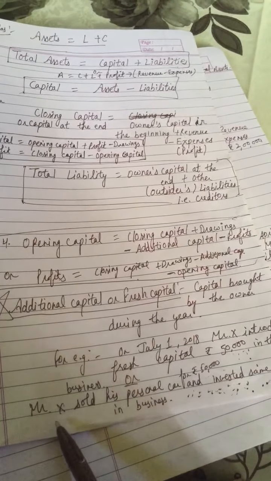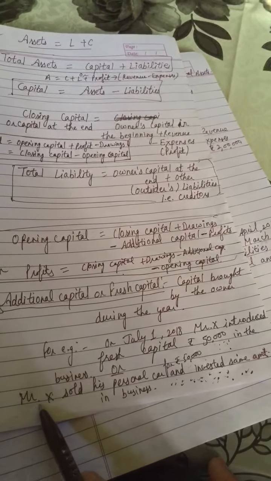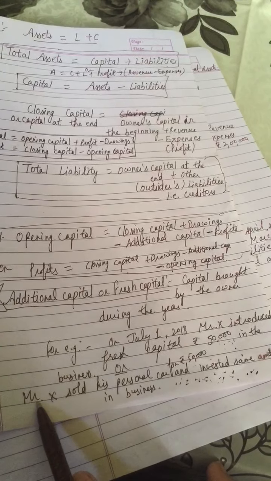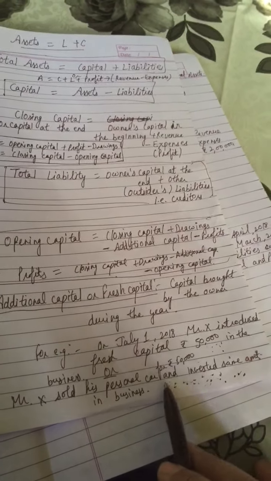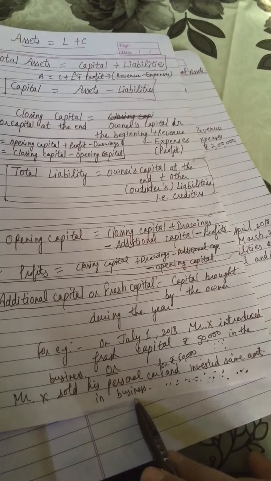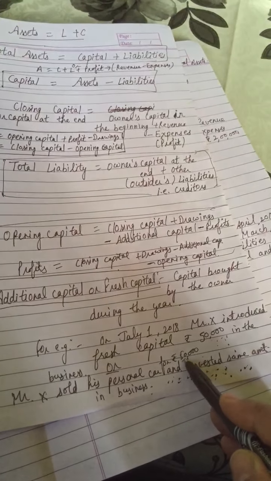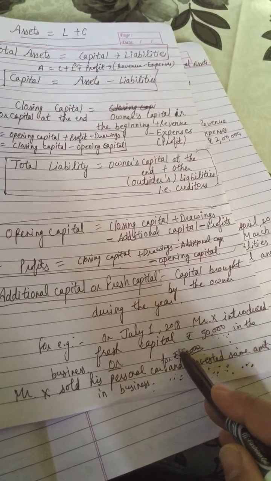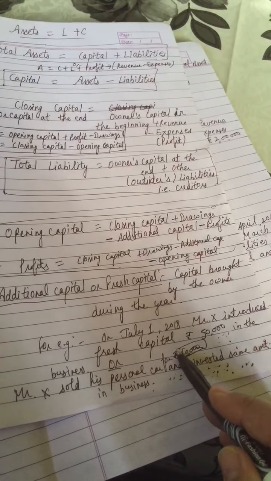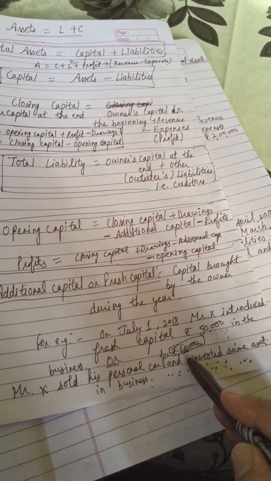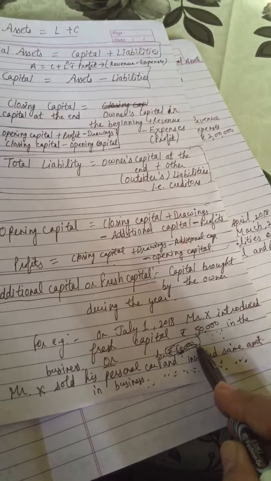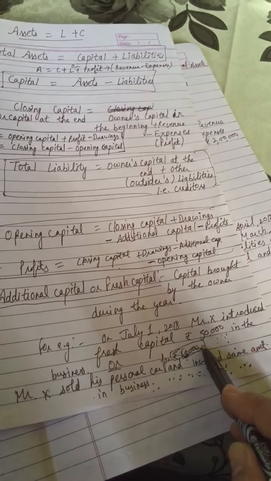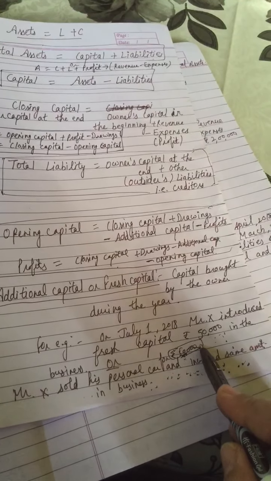And here I have taken one more example. Mr. X sold his personal car for rupees 50,000 and invested the same amount in business. So 50,000 means the sale proceeds of the car is rupees 50,000 and he has invested this amount in the business. So it is also Mr. X's fresh or additional capital. Okay,